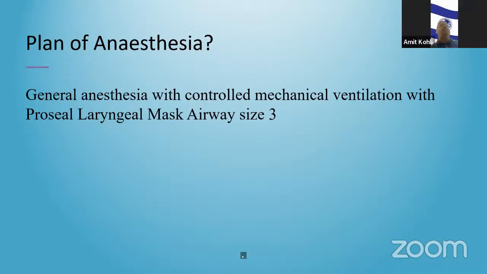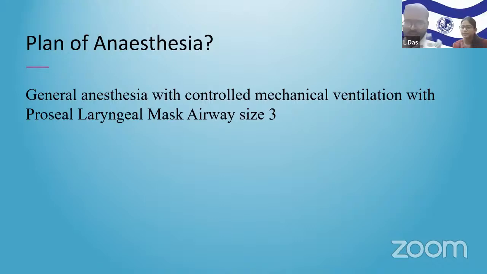So if you can quickly enumerate the complications which you can anticipate in the post-operative period. Sir, because of the carbon dioxide insufflation, there can be right tip shoulder pain in the post-operative period. There can be post-operative pain due to the surgery itself, a visceral pain felt by the patient. Then there can be post-operative nausea and vomiting. Because of the VQ mismatch, there may be episodes of desaturation, and post-op ventilation needs to come back to normal.